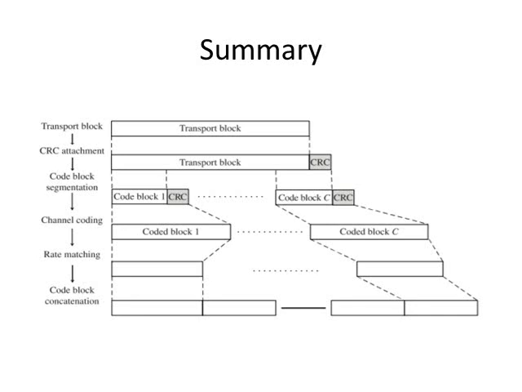Then we have the channel encoding stage, wherein encoders like the tail-biting convolutional encoder and turbo encoders are used. Then we have rate matching, which has 3 stages that we have studied: interleaving, bit collection and bit selection. After rate matching, the selected bit sequence of length L, also known as the coded block, is the output of rate matching. This coded block is concatenated to form a code word, which acts as the input to the modulation processing stage. So this is all about the channel coding processing stage.